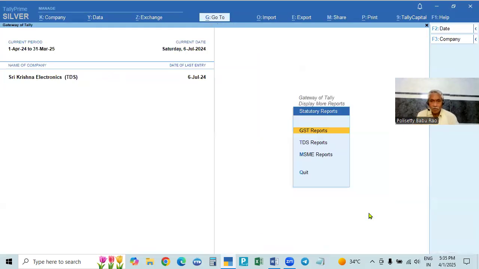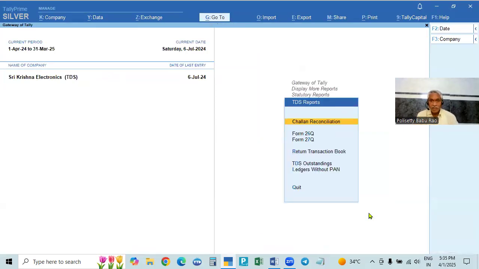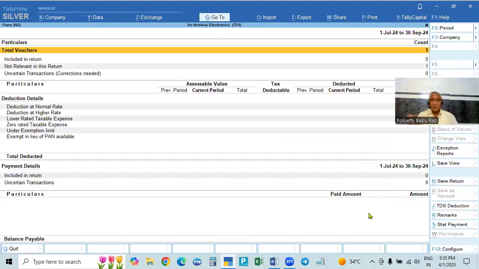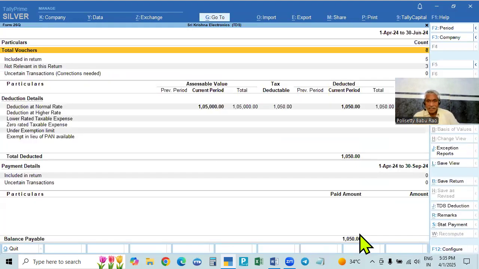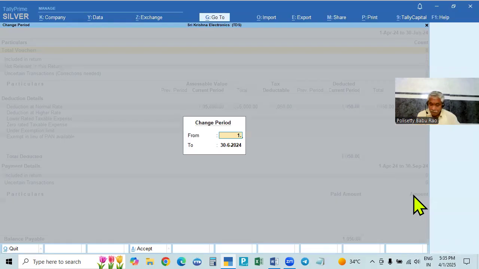And here, if you go to this report and show the next report, because we paid in July, it shows only the payment, but no entries are there. If you take 1 April to 30 June, here it is still showing, because we are showing up to June. The deduction month and the payment is under it.